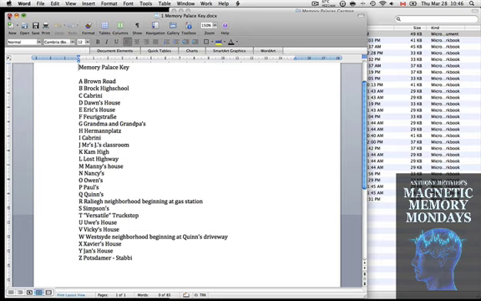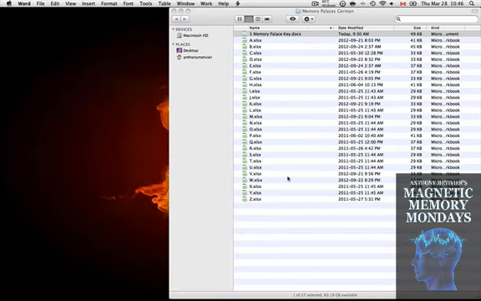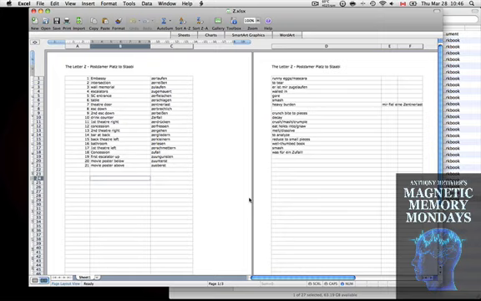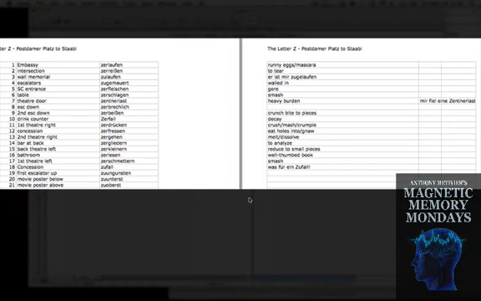So one of my favorites is the letter Z. I've just copied and pasted a number of stations within that memory palace location to show you in a file. This is actually from some years ago, and I haven't revisited it for some time. I did it very simply back then, and I just would open a file, and this is the letter Z,